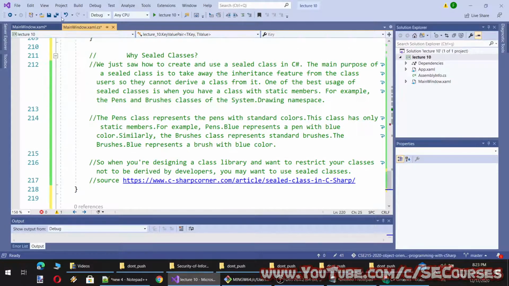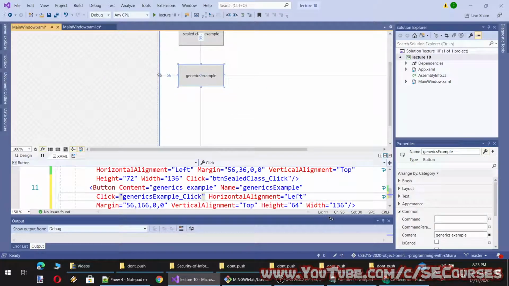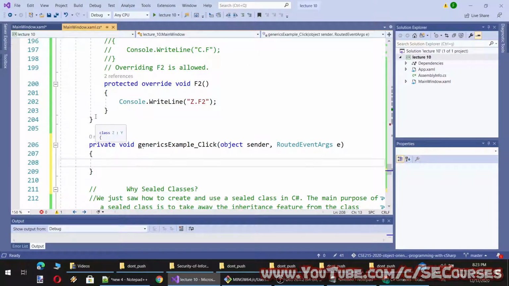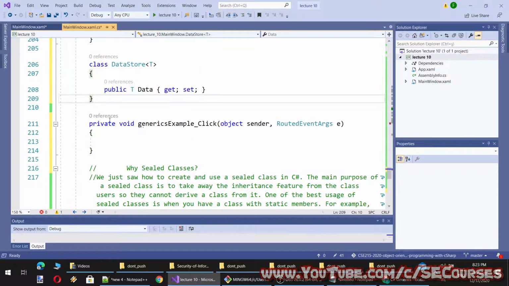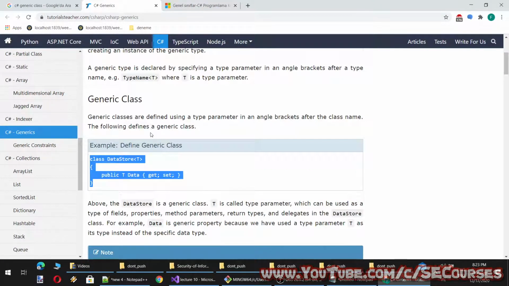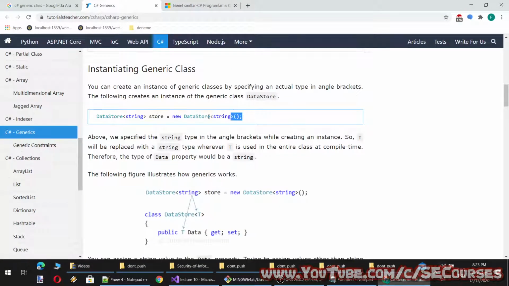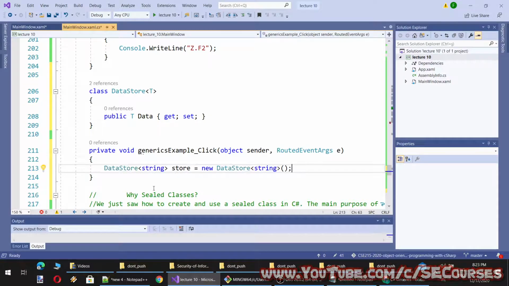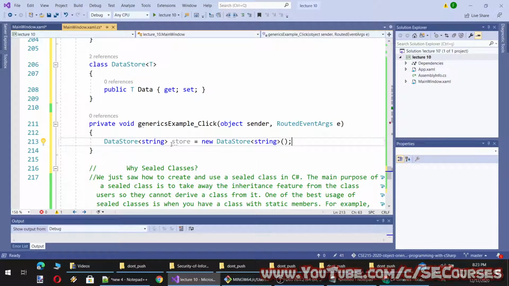So here, let's define the generic data type. Basically this class holds a generic data property, and here I am defining an instance of that class, instantiating it with string.